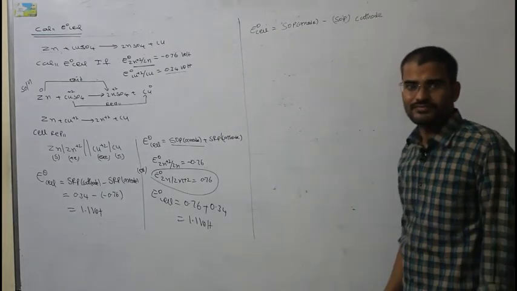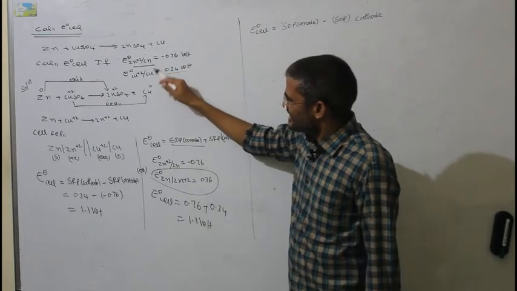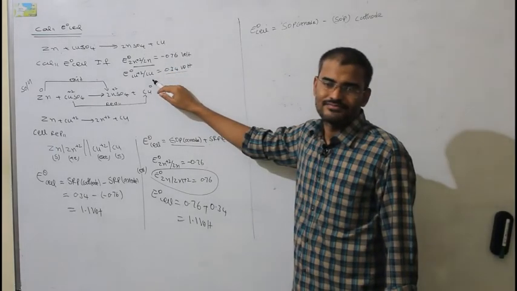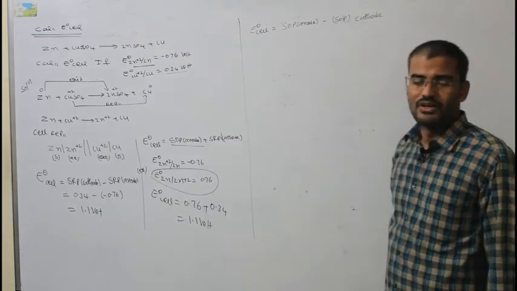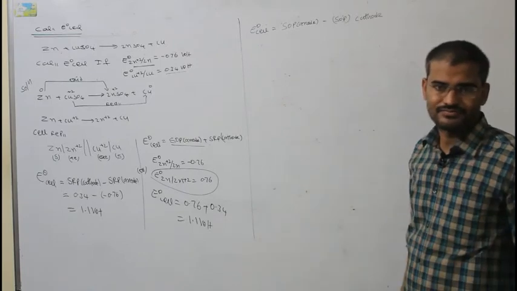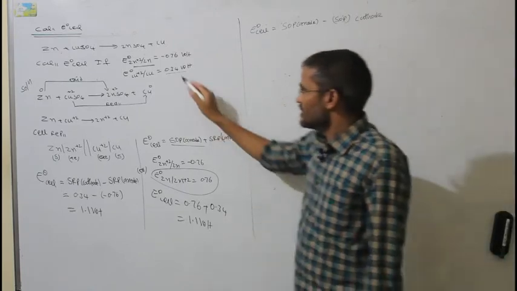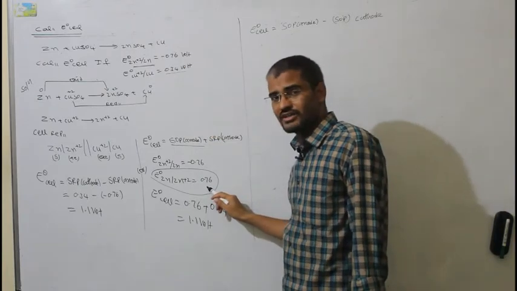SRP of cathode. Now, it is given as reduction potential, but here what do you have to use? You have to use oxidation potential. To use oxidation potential, what do you have to do with the given value? Reverse it. So the zinc reduction potential given, when you reverse it for oxidation potential, it becomes